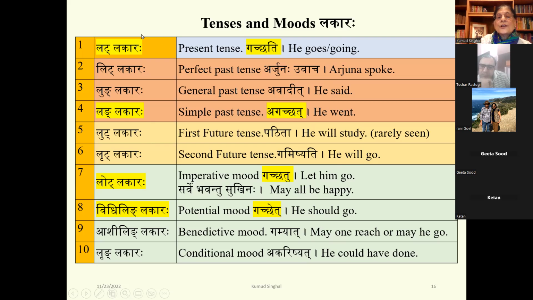In this introduction, I'm just going to concentrate on the present tense. Once you understand the formation in the present tense,